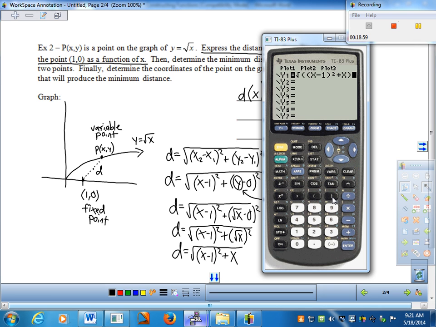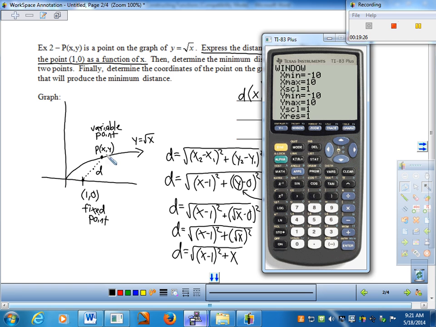Now the window is going to be the hardest thing when you guys optimize. I will help as best as I can here. It's somewhat of a cop-out for me to say it, but in some respects it's a little trial and error. If you have some good number sense with these functions, you can probably find a good window pretty quickly. If it takes a while, again, just let me know and I can help with that. So x min, x max. And I'm always aware of what I'm graphing and what I'm looking at. And I see this particular function at least